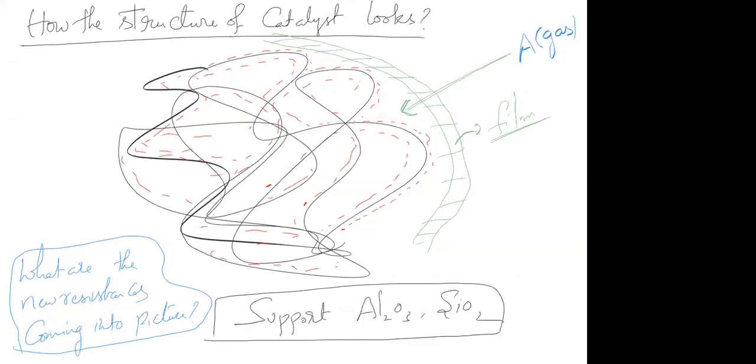Once it crosses the film, then it has to enter inside these pores, no? The molecule has to enter inside the pores. This is diffusion resistance. That means the resistance for the particles to diffuse. Once the diffusion happens, then the molecule